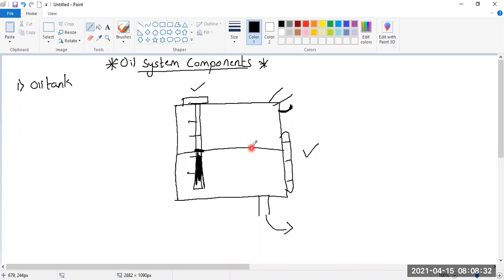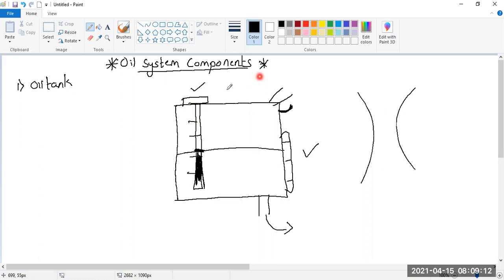Now, if there is oil over here and oil has to be supplied positively forward, I will have to ensure that there is a positive pressure over here. Suppose I keep a vacuum over here and I am keeping a pressure pump over here. The pressure pump will suck the liquid out from here. When the pressure pump is sucking the liquid, this tank will collapse because there is a vacuum here and you are trying to pull out and there is nothing to take the space of the oil. As soon as you create a pressure on the downside, the oil will start going out and here there will be low pressure created. So the tank will get crushed.